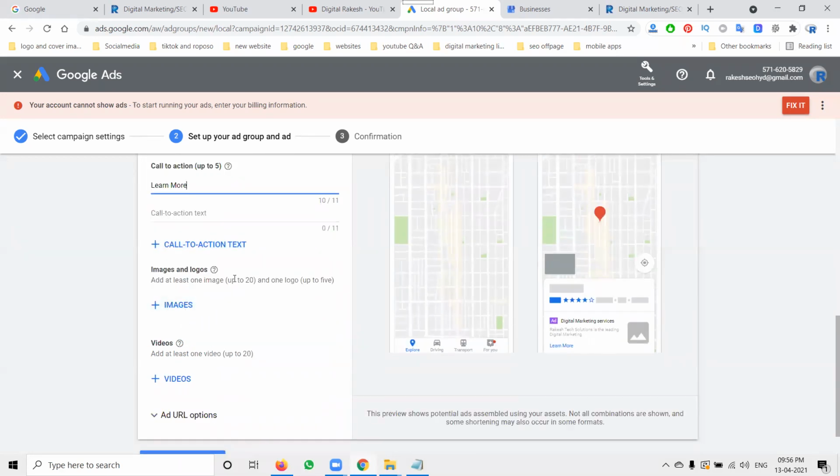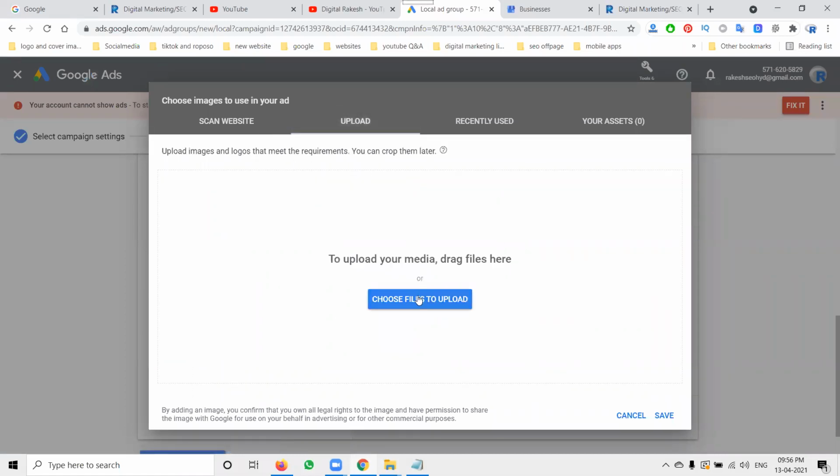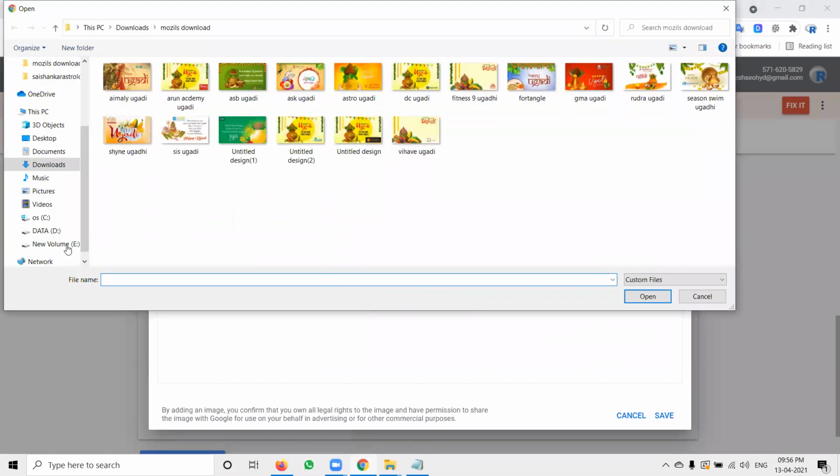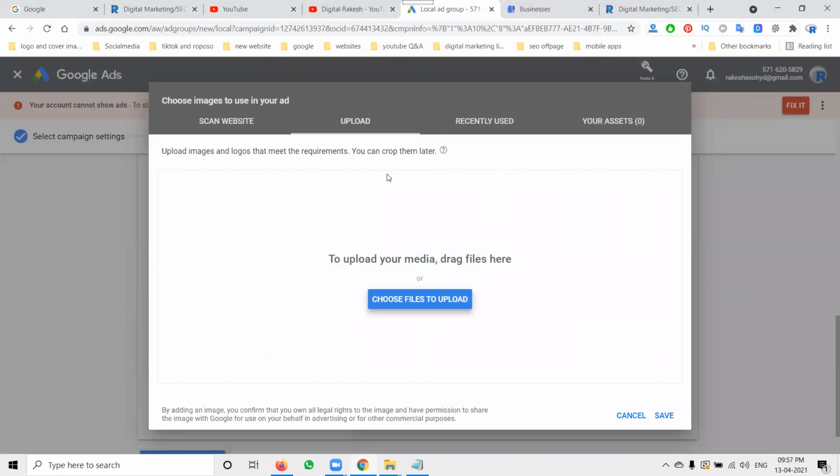Add your images. It accepts up to 20 images. You can upload the images, or search from your website also. So here I'm uploading images. We can follow the particular image guidelines shown here. What images can you upload?